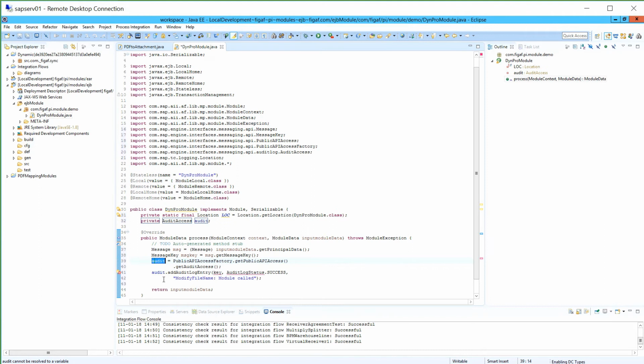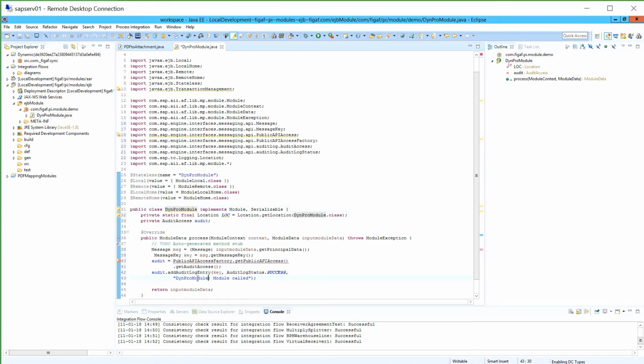Create field for audit. And then we got our key. And then we have this one. So, and then we will take the dynamic property module called,